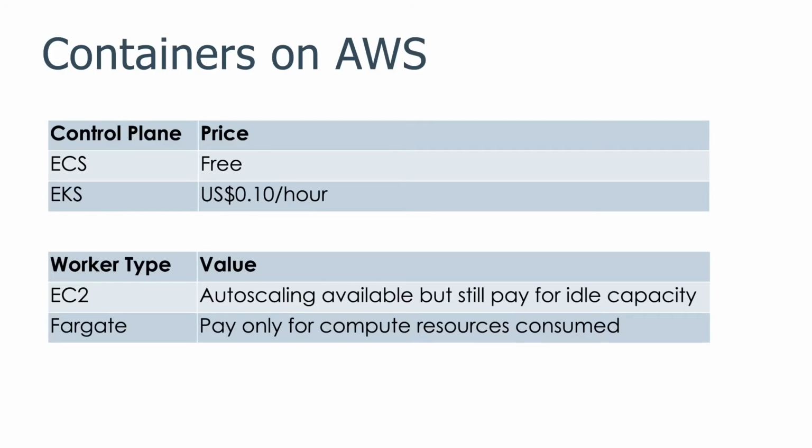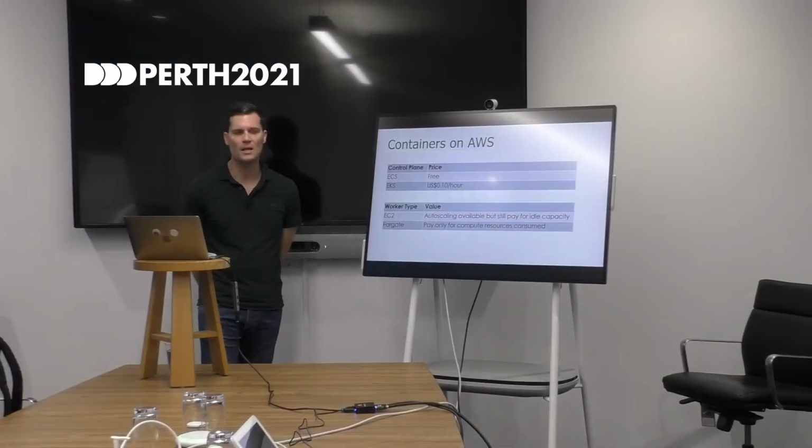Let's take a little look at containers on AWS. We have two control planes to choose from, which are really just container orchestrators. The first is ECS, or the Elastic Container Service. With ECS, you don't need to pay for the control plane, and it can be thought of as similar to Docker Compose. Actually, last year, a feature was added to the Docker Compose CLI, allowing applications to be deployed to ECS by converting the Docker Compose configuration to CloudFormation transparently, and then deploying that to AWS.